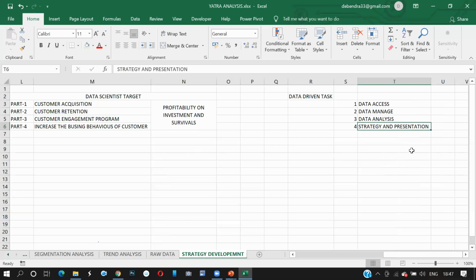Does it make sense, guys? Yes, sir. So this is what we are going to head into now. I just gave a simple example. I did not use any statistics. We will learn about statistics in phase 3, which is all about month 3. Months 1 and 2 are all about database management, reporting, and visualizations. Then we'll go for strategy development from the month 3 class. Understood? Yes, sir.